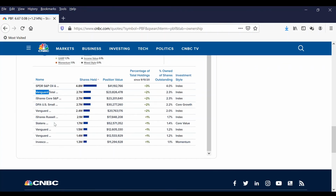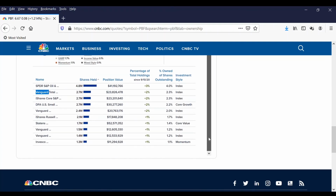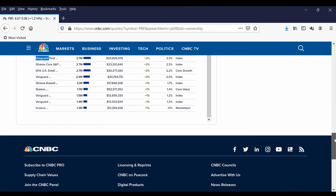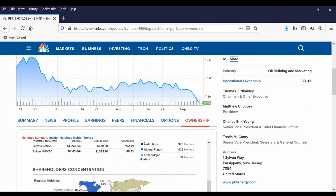So I think I'm probably one of them trying to buy the stock, I guess. Maybe it doesn't count. I don't know, because my money is too little. But I will grow it until I get to the goal that I want, and then convert it to an index fund. So that is ownership. Okay, let's look at the